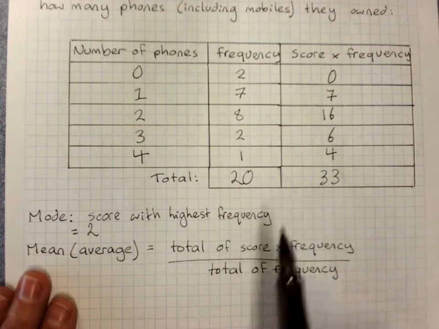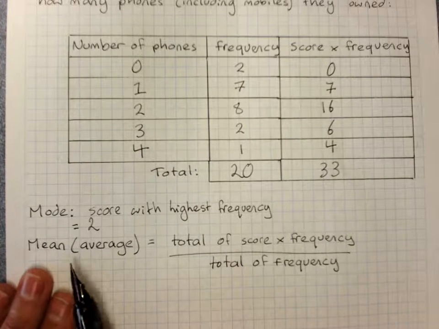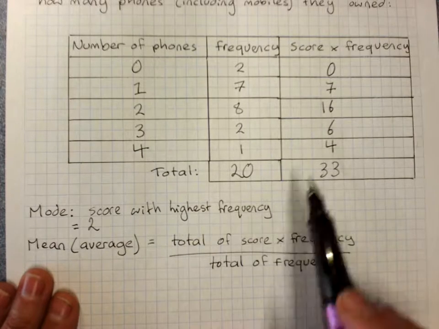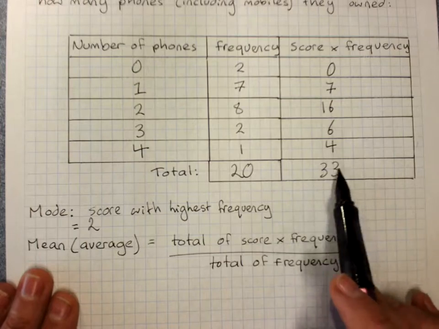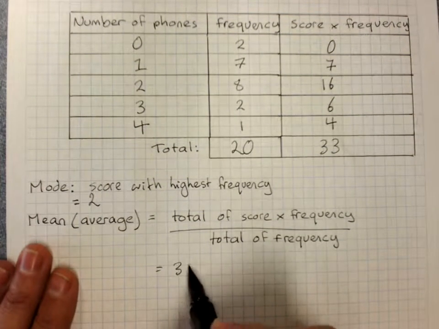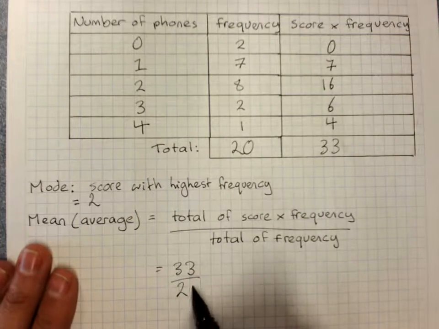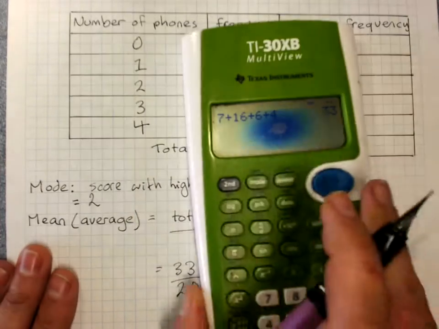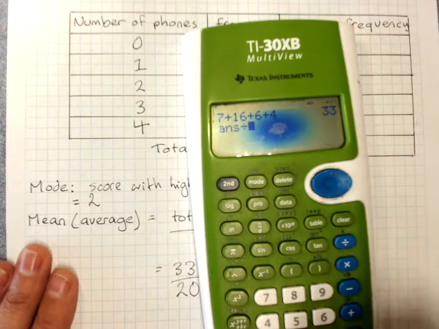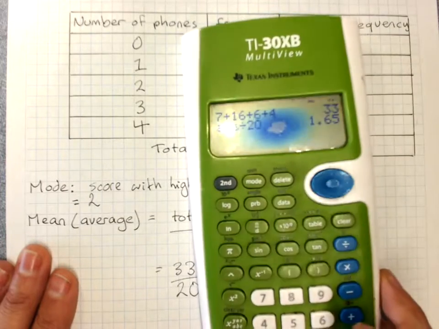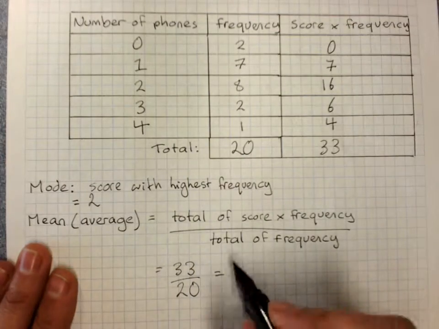These two numbers let us find the average. The mean or the average is the total of the score times frequency column, so 33, divided by the total of the frequency column, which is 20. So 33 divided by 20, on average that's 1.65 phones